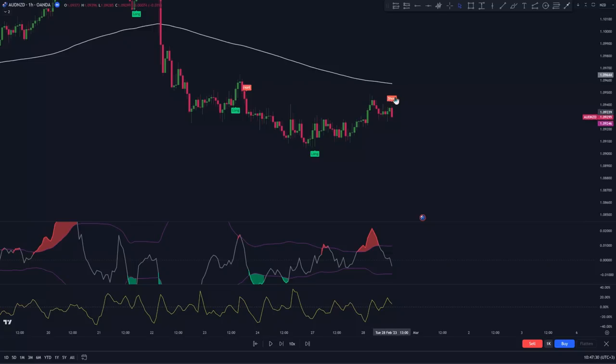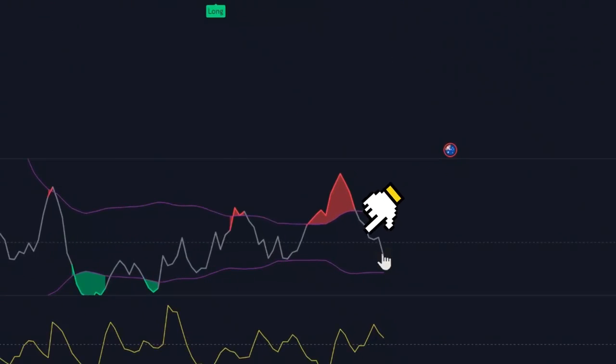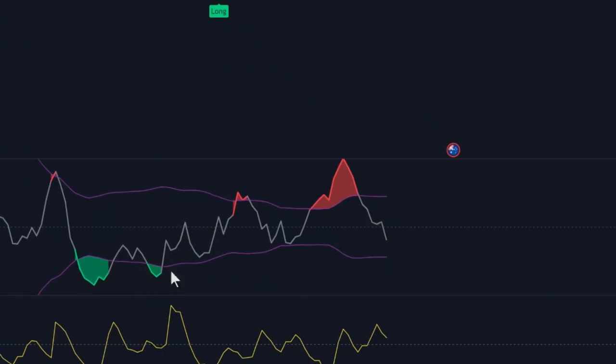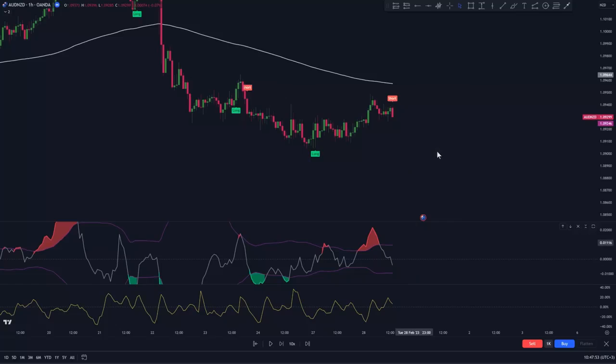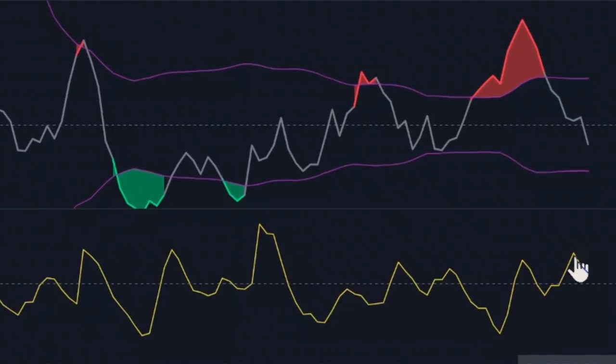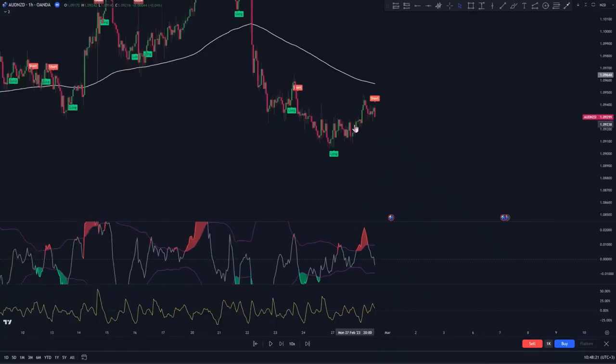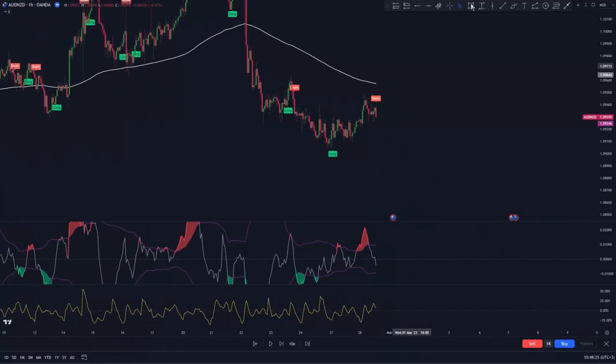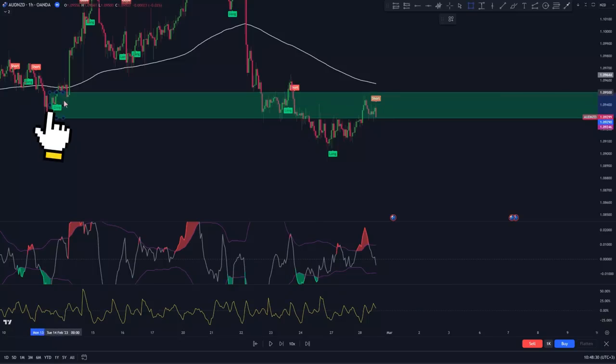At the time the sell signal is printed, the ALMA band of the Tradingview indicator should be colored gray. If it's colored green, like it is right here, we'll have to skip that setup. After that, we need to confirm that there is enough volume in the market to push the price all the way to take profit. To do that, we just make sure that this yellow volume oscillator is above the zero line. Then last but not least, as an additional confirmation, if we draw a support resistance level right here,